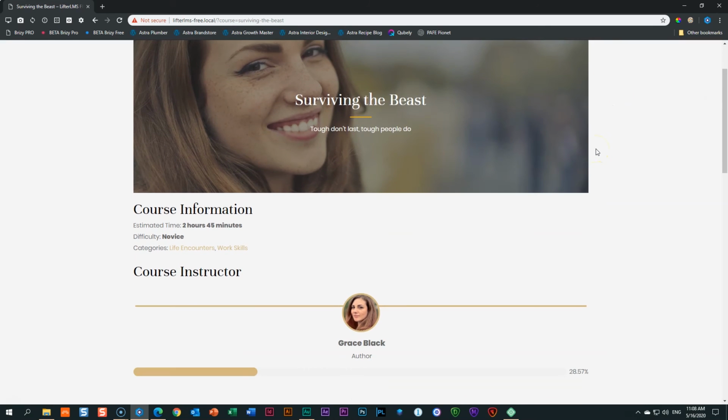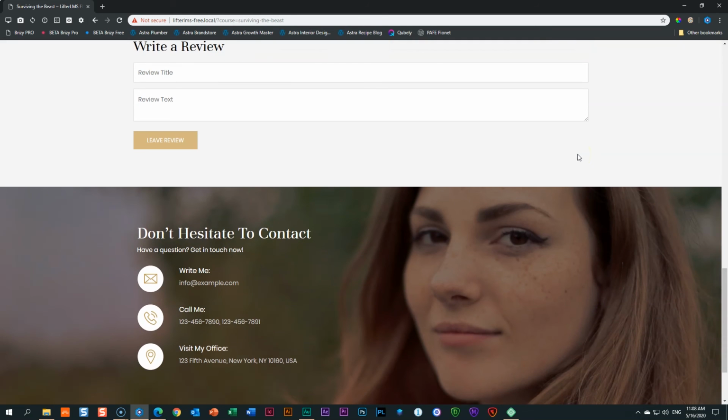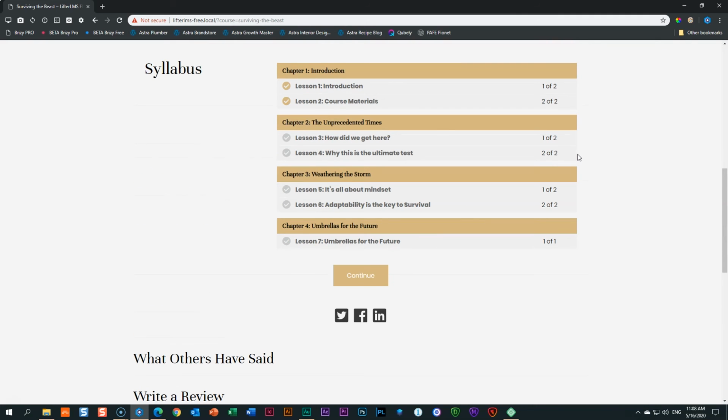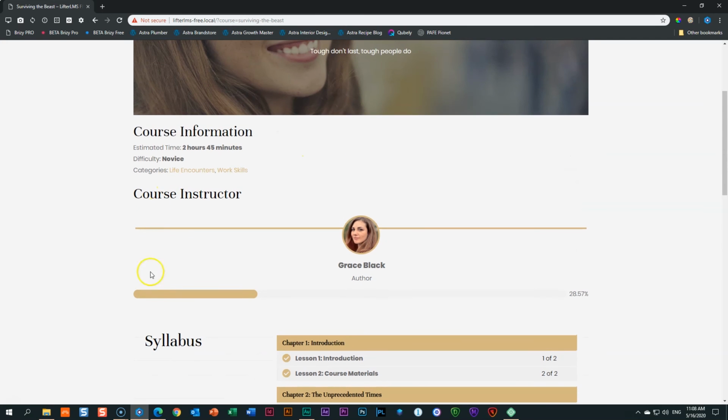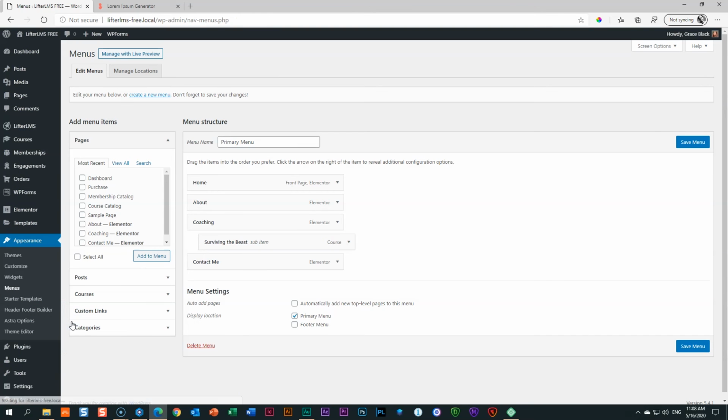But what if his little sister, Tina, wants to come up and sign up for the course and do it by herself? Every time he logs in, it's going to be in his name. So they want to have also the opportunity to sign out and sign back in. Let's go and do that. Let's go to our area, and we are going to be doing that within our menus. Go to Appearance here, hover to Menus, click on Menus, and now what we want to do is we want